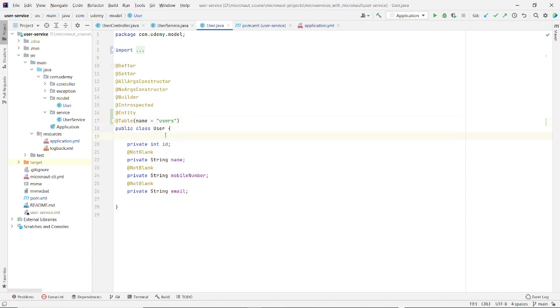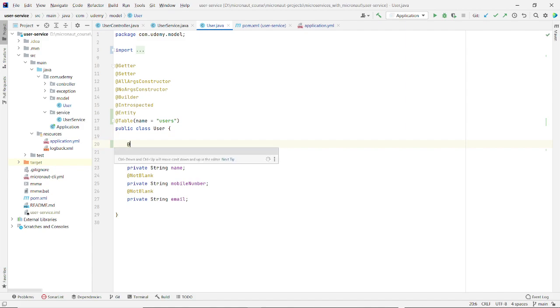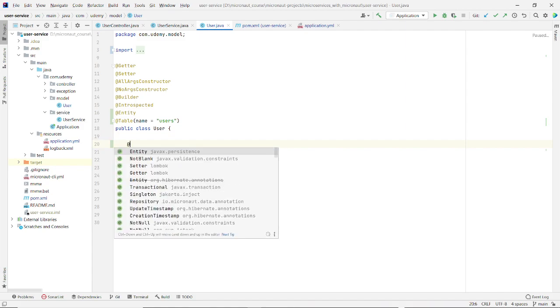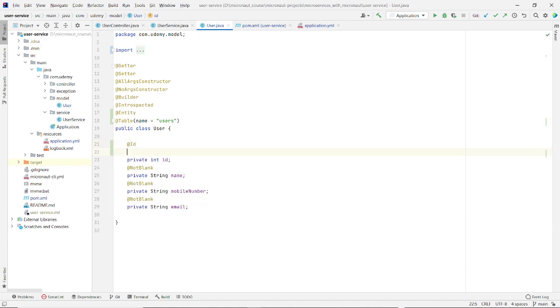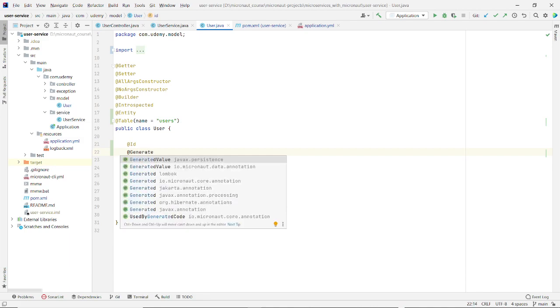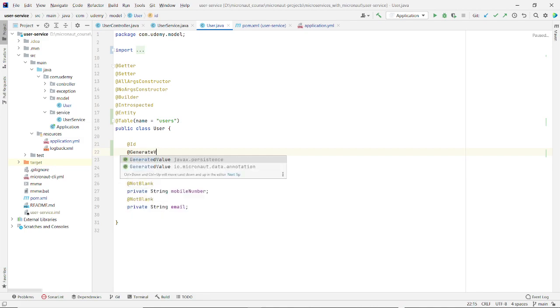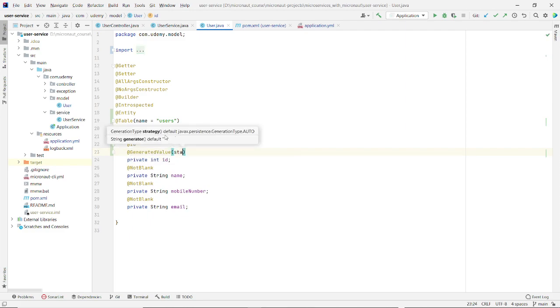After that, we want an auto-generated ID for our table. So we add the GeneratedValue annotation, with strategy GenerationType.IDENTITY.